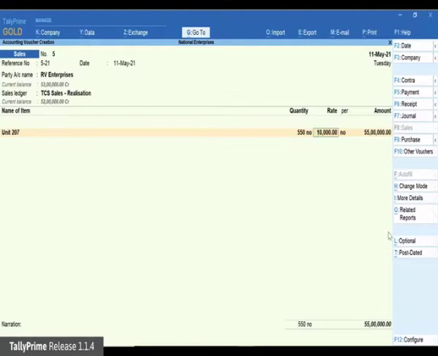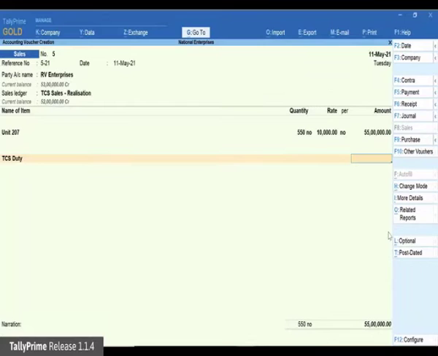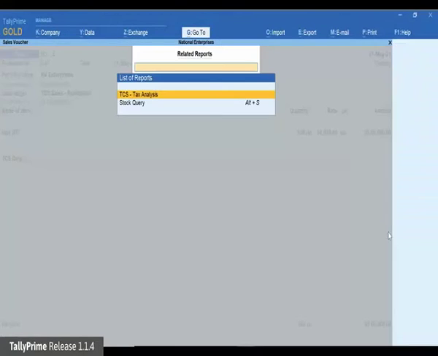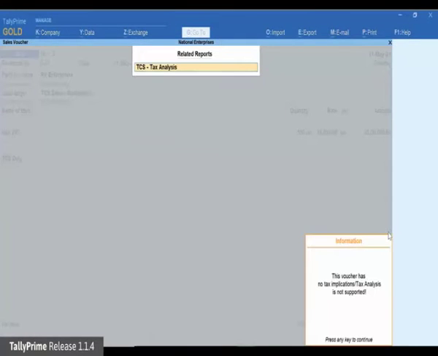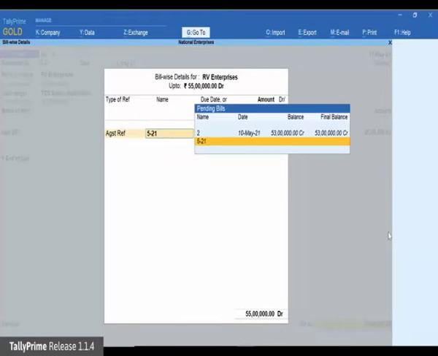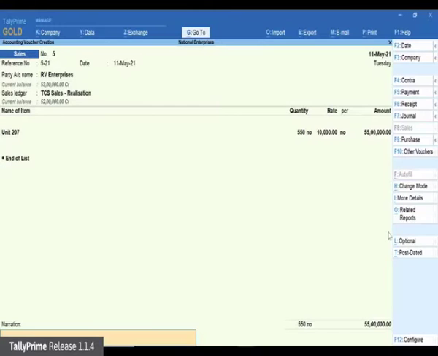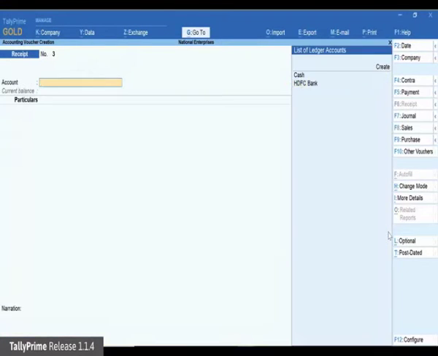However, if the sale value is more, then you will not be able to apply tax for the excess amount in the sales invoice, because for realization nature of goods, tax is applied on realization. Therefore, in the sales invoice, you can adjust the value equal to the advance received and create new reference for the excess amount and save the transaction.